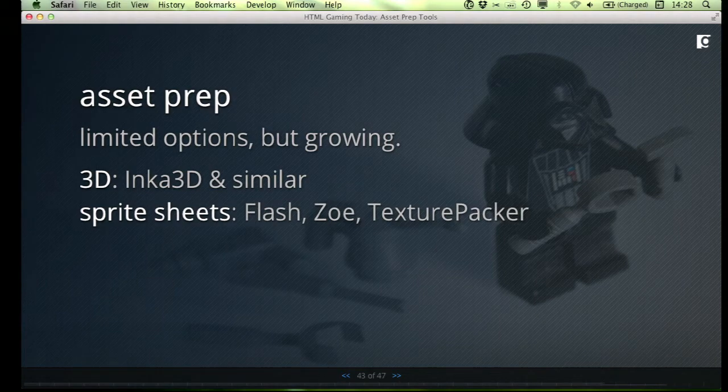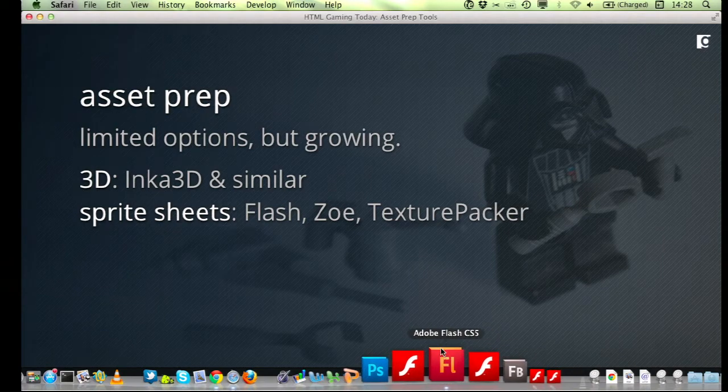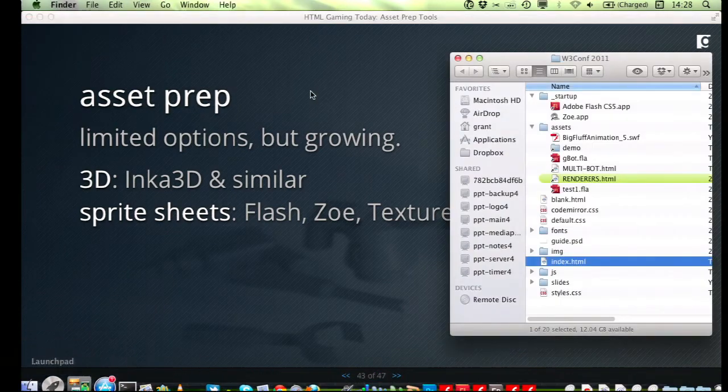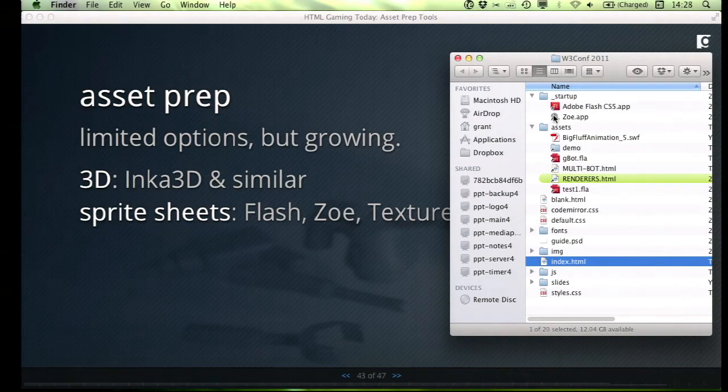Both for WebGL and Canvas, you'll typically use a lot of sprite sheets for any 2D game. And there's a bunch of different tools for this. There's the always popular TexturePacker. The next version of Flash Pro they've announced will have sprite sheet export. And we have our own tool, which we've open sourced, which is called Zoe. And I'll show you that really briefly.